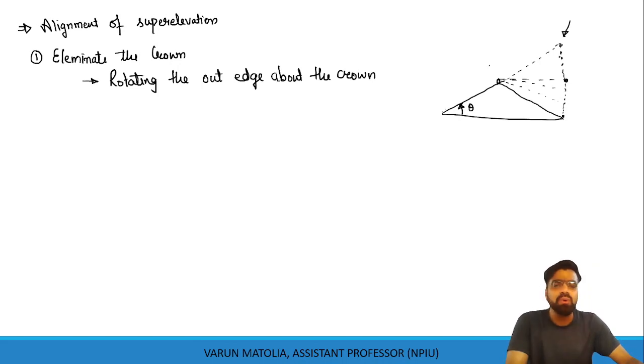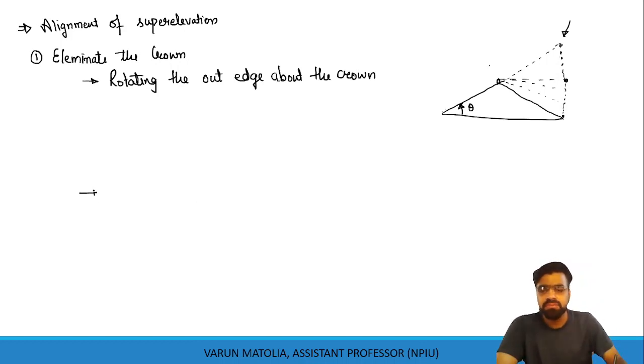तो क्या हुआ इसमें, हमारे पास में क्राउन था, हमने क्राउन के अबाउट आउटर एज को उठाया, इस तरह से उठाया कि it should look like a complete slope. Now if we want to provide further slope, we can increase it further. We will talk about it later, but our first objective is to eliminate the crown by different methods. So the first method was rotating the outer edge about the crown. So this is how the crown can be eliminated.